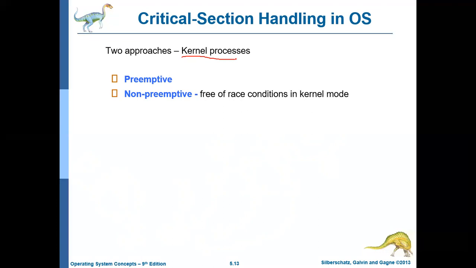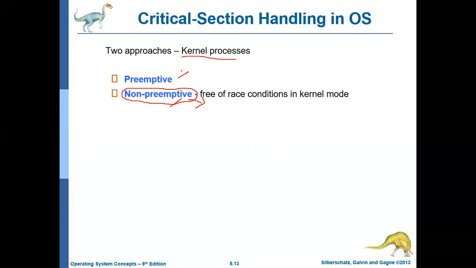And kernel processes are generally classified into two categories. One is the preemptive kernel process, the other one is the non-preemptive kernel process. Non-preemptive kernel process means once they get the CPU, they won't leave the CPU. Once the CPU is allotted to the kernel process, it will not give up the CPU until it goes into IO wait, or until it terminates, or until it voluntarily gives up. Whereas a preemptive process can be preempted in between. If there is any interrupt or any other request that comes to the operating system, then this process can be preempted.